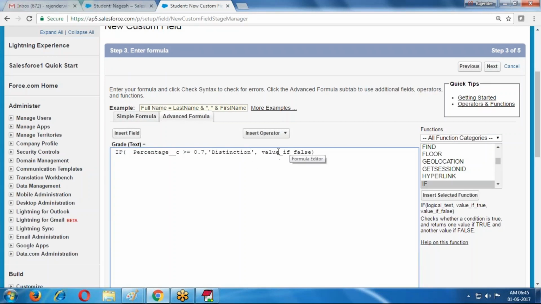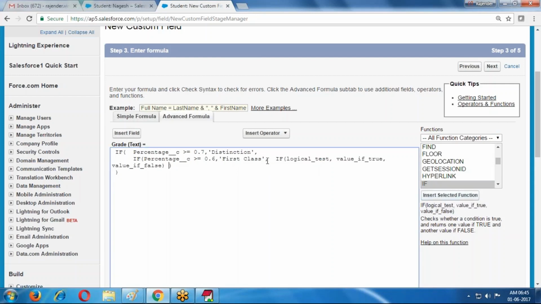If it is less than that, then one more if condition is required. Generally we write it within a single line only. For understanding purposes, I am dividing it into multiple lines. If the percentage is greater than or equal to 60%, then first class. If it is less than 60, false value.